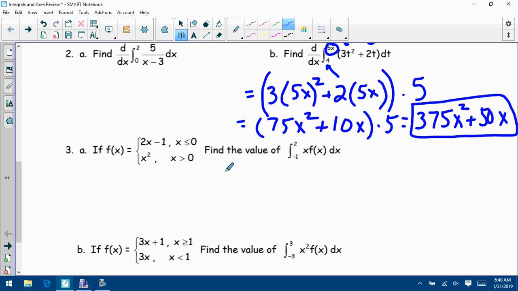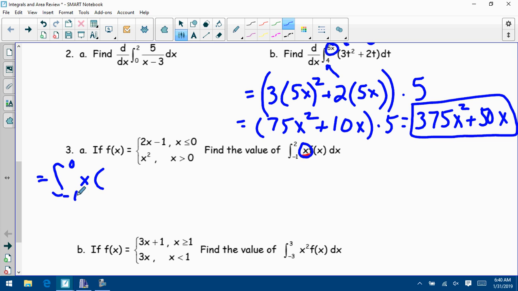All right, 3a is a little weird. If f of x is this piecewise function, find the value of the integral from -1 to 2 of x times f of x dx. Well, since I have two different equations for this interval, I've got to break this up. We would have the integral from -1 to 0 of x times, and that x is the trick, don't forget that,